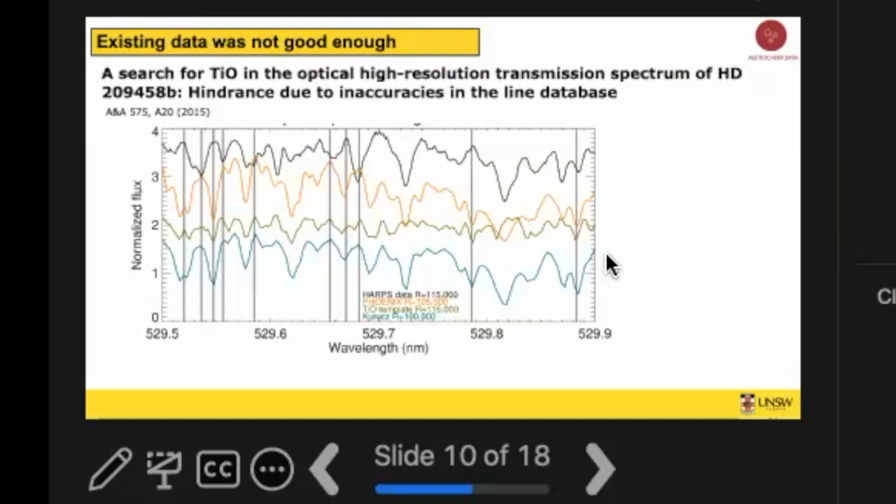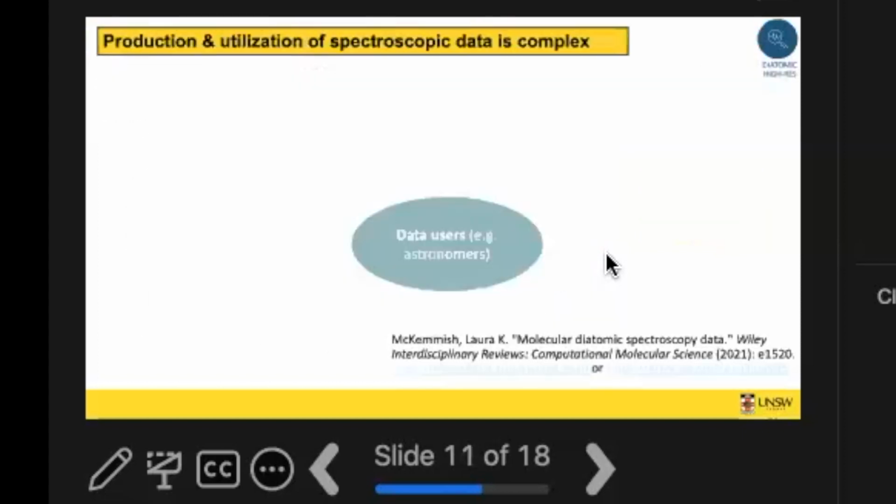So I think that's a common thread: as chemists, as molecular spectroscopists, for astronomers, and as the astronomers get better and better, the data that we produce has to get better and better. For a chemist, 0.35 wave number accuracy, we did some studies on this theoretically, it's like hundreds of wave numbers off. So getting that is really, really difficult.